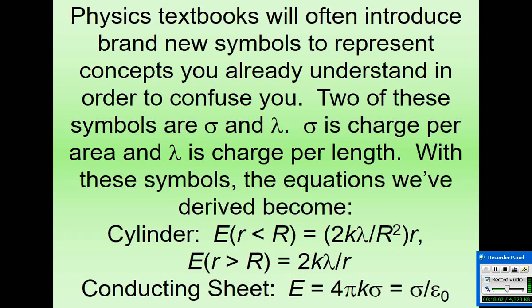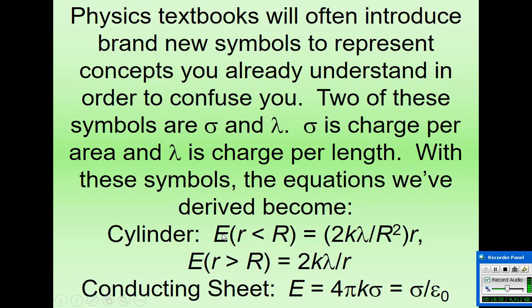Sigma is sometimes referred to as the area density of charge, and lambda is sometimes referred to as the linear density of charge. If we use those symbols, it simplifies the expressions that we've developed on the previous slides. We use lambda for the cylindrical distribution and sigma for the sheet, and we get these expressions for the electric